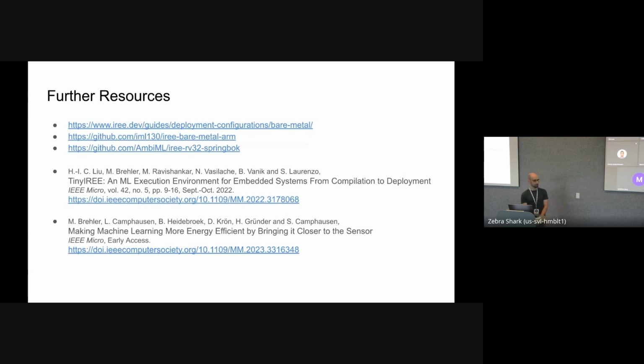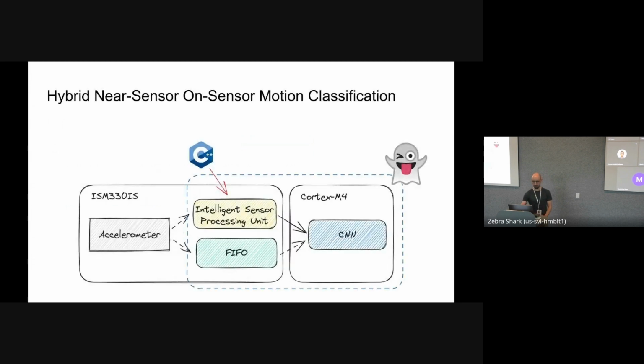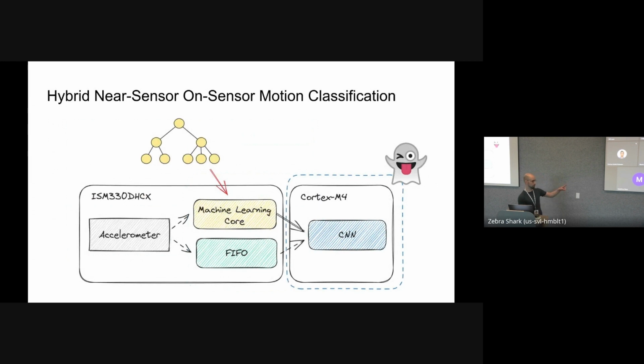Do you have a kind of streaming model for this sensor? Are you streaming data through it, or maybe bulk or batch processing? You mean for that specific sensor? Yeah. What we do is we put all the data we process into a FIFO, which is provided on chip. And if the decision tree predicts certain classes, we just wake up the